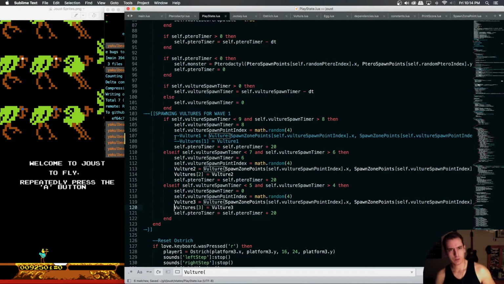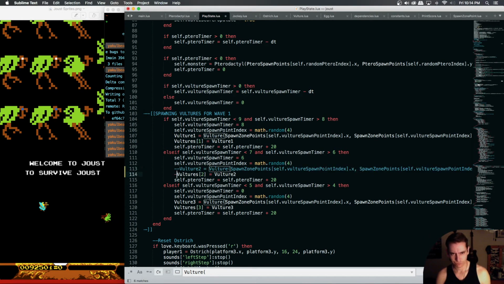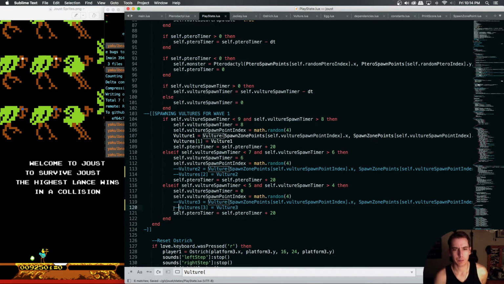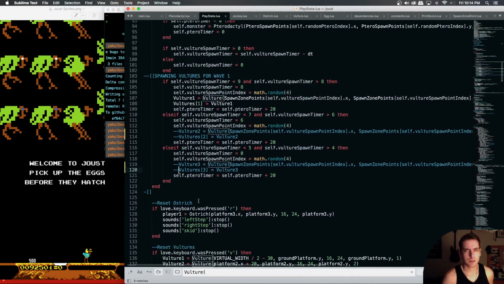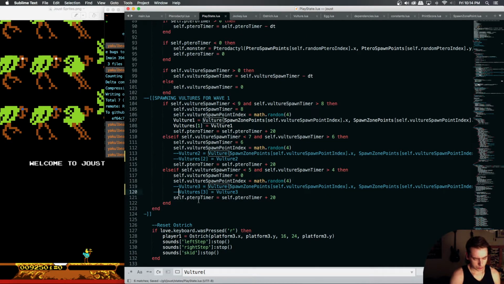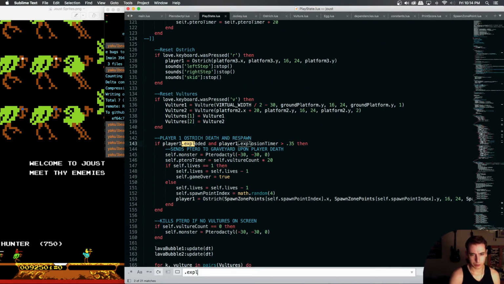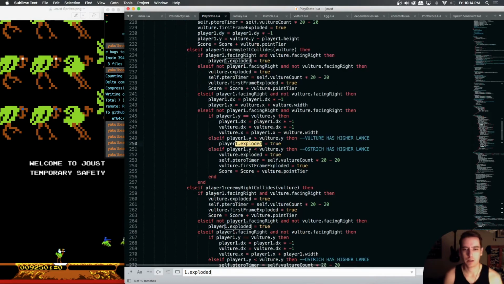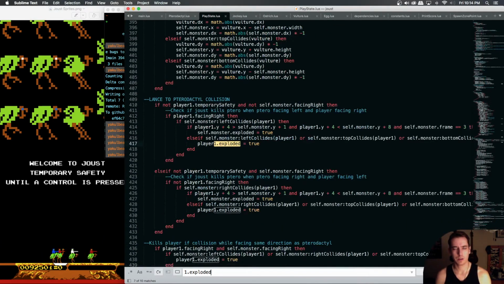So this is what's so hard to debug, is like we can't really step through our code. We have to manually print up anything we want to debug. So let's see if we look for player 1 exploded. We'll look through the logic that determines whether or not we're exploded. It looks like it's under a pterodactyl collision,